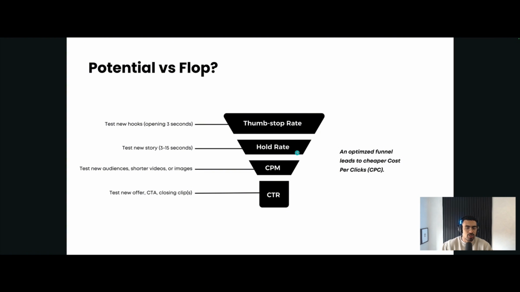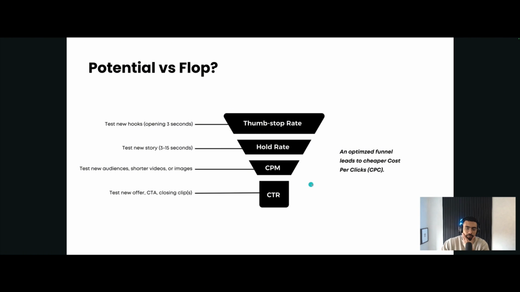CPM measures how expensive your ad is to promote to 1,000 people. So it's the cost per 1,000 impressions. Impressions just meaning to get on 1,000 screens, how much is that social media platform charging us? And the click-through rate is, as a percentage of the people that see the ad, what percentage actually click through to whatever it is that you're pushing them to, usually your website, product page, or landing page.